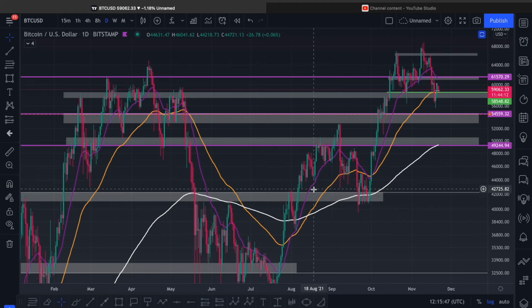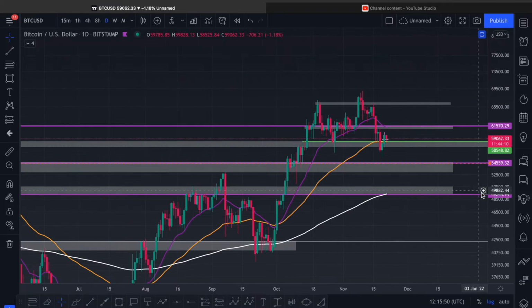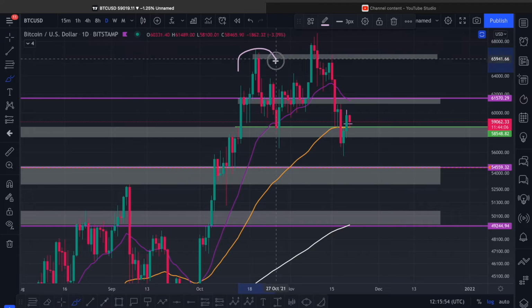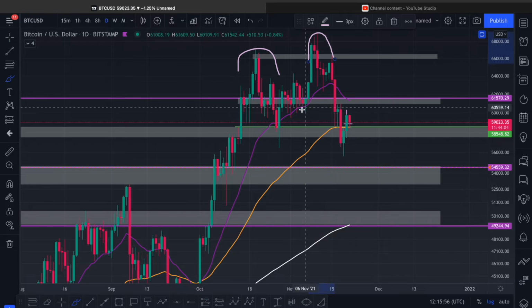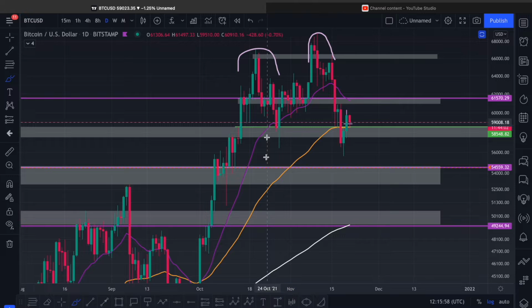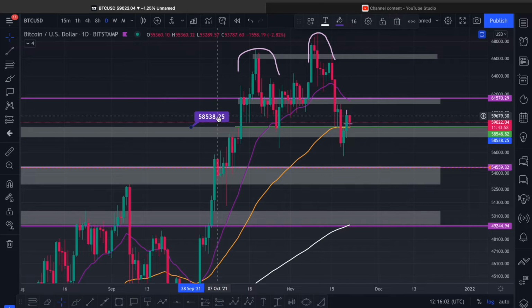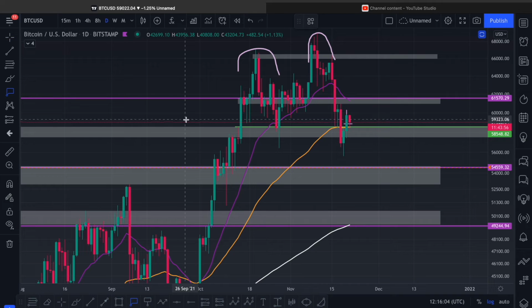Perfect. Let's look at Bitcoin. So we have this potential huge M pattern which has a nasty target to the downside. Of course, this only comes into play once you lose this neckline, and I'll give you that level now. So once Bitcoin loses, let's put that over here. Let's do it again. Once Bitcoin loses